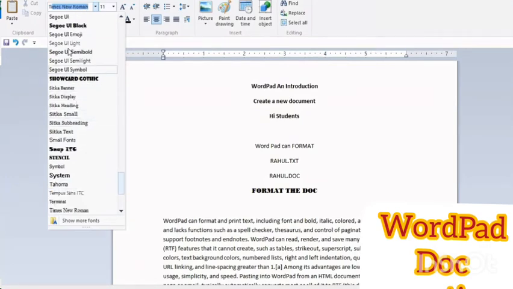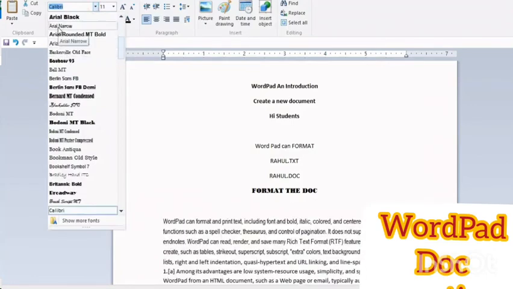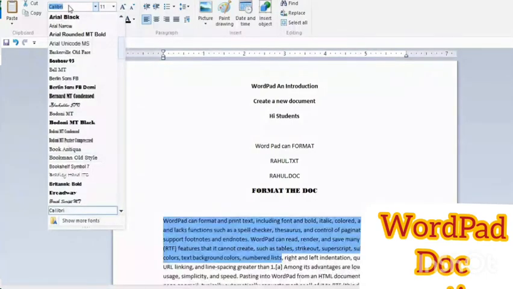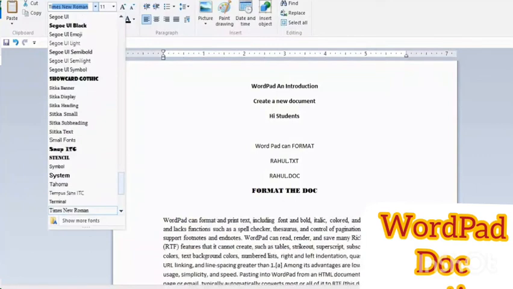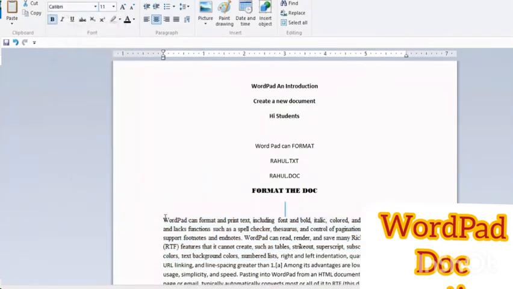Selecting text. You must select the text before applying any format to it. Whenever you select a text, it gets highlighted on the screen. For selecting a single word, double-click the word.